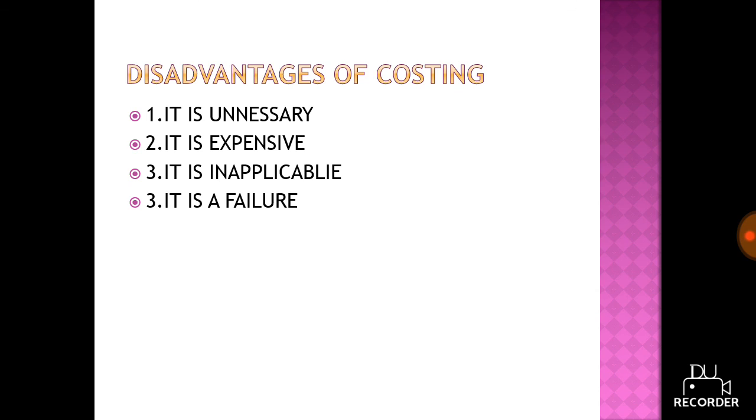The reason for its failure should be probed. In order to make the system a success, the utility of the system should be explained, and the cooperation of the employees should be sought by convincing them the system is for the betterment of